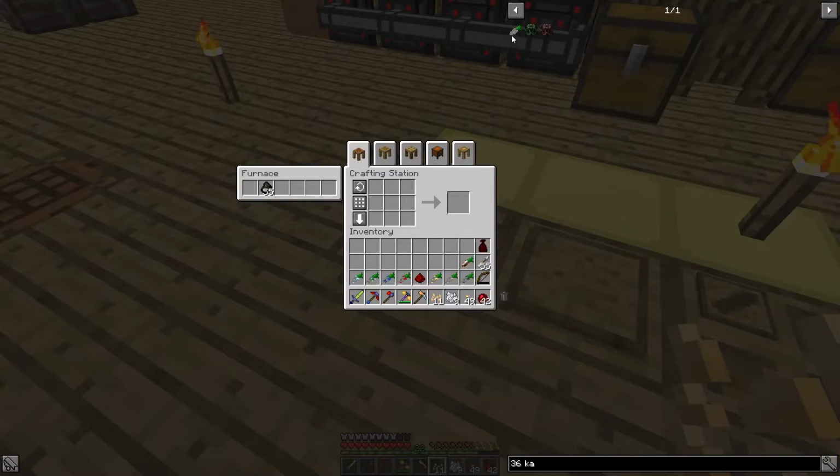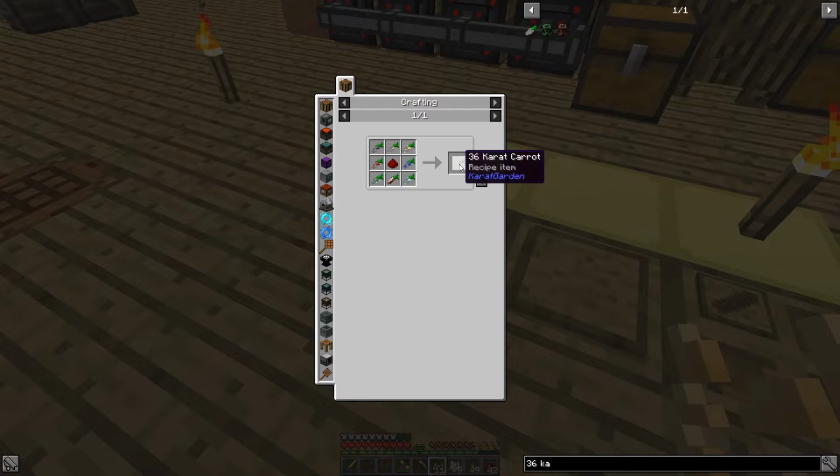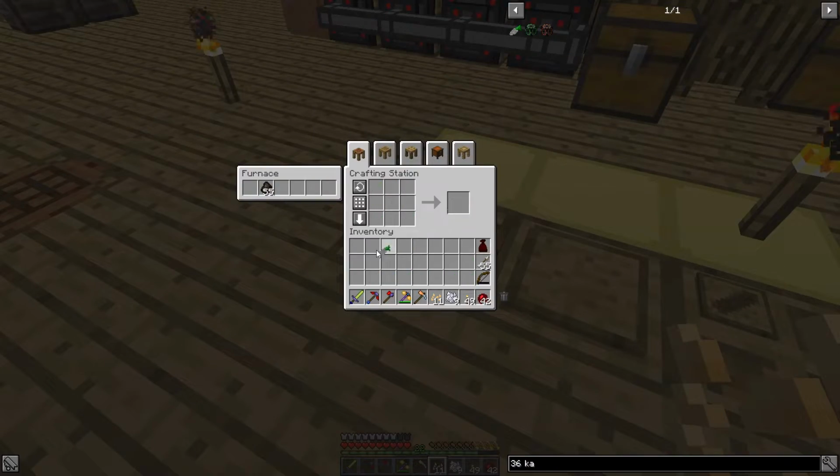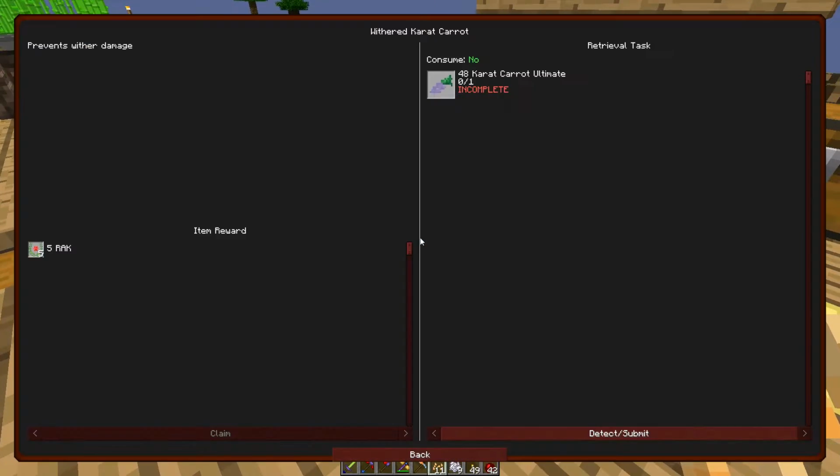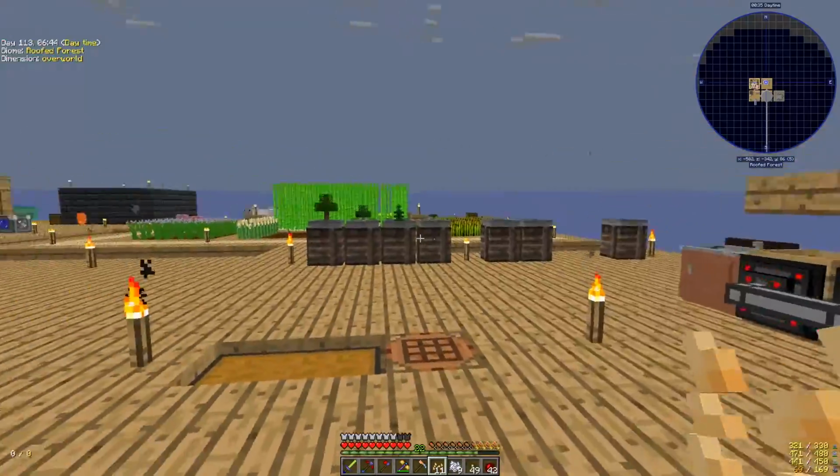The next step in this quest line is making the 36 carat carrot, which is just a recipe item used to make the 48 carat. In any case, it's just all of the ore carrots surrounded by a piece of redstone. Bam, got it. The final quest in this quest line is the 48 carat ultimate, which I can't make right